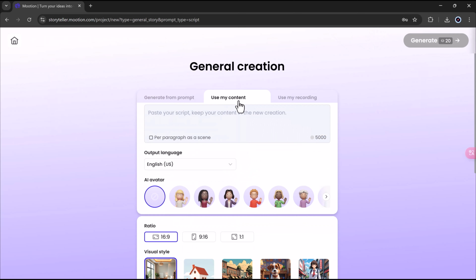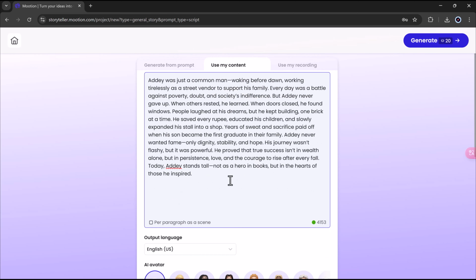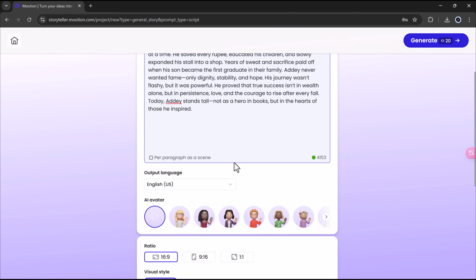Next, let's explore the Use My Content feature. This option allows you to paste your own script and turn it into a brand new video creation while keeping your original content intact. To get started, simply paste your script into the input field. Then,